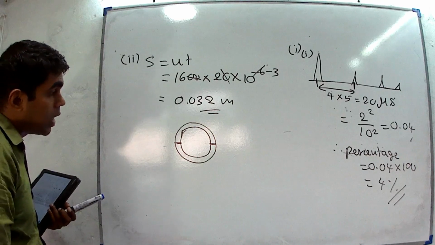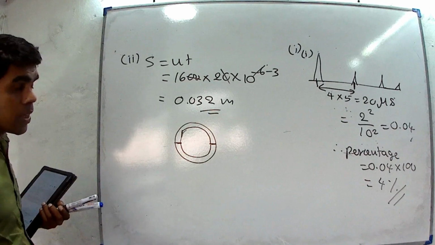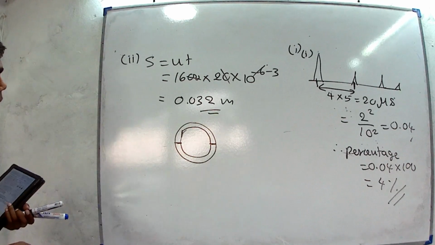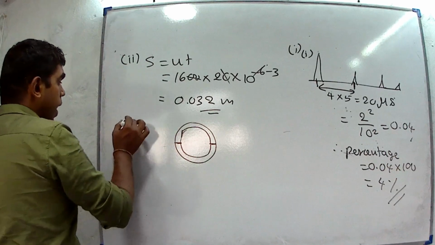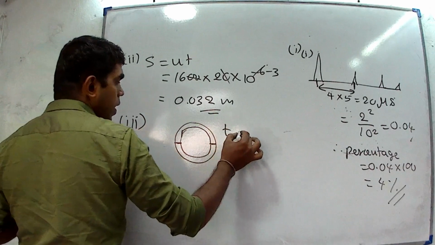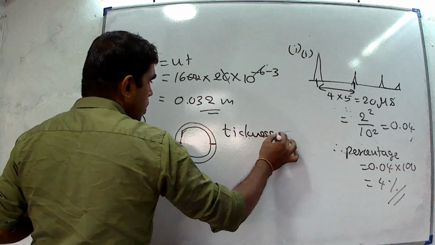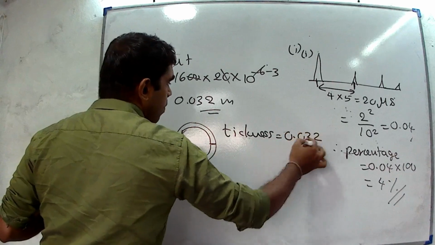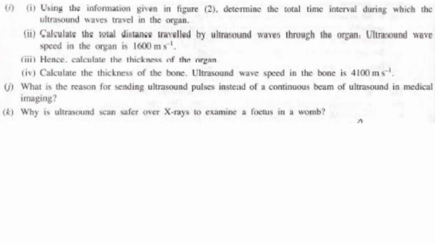We have to consider that the time taken to pass the cavity is a smaller value for the ultrasound wave. Then the thickness is 0.032 divided by 2, 0.016 meters. Then part 4,